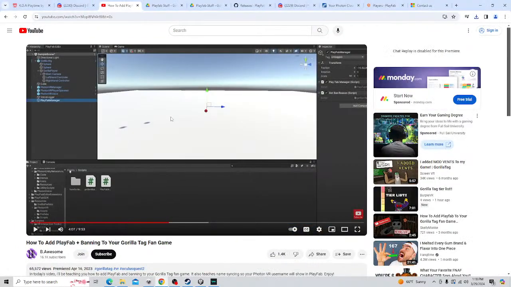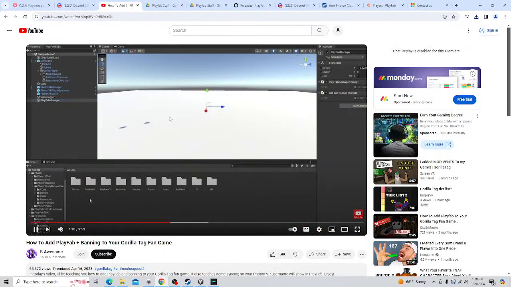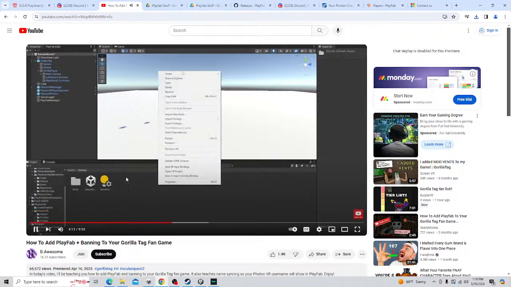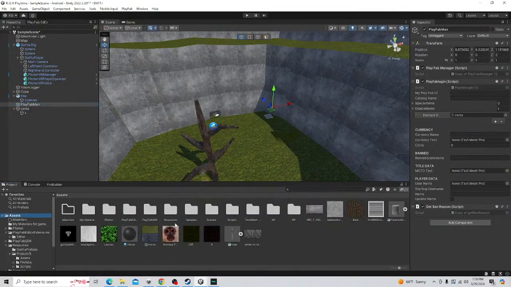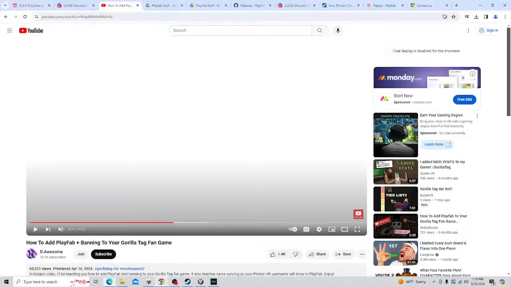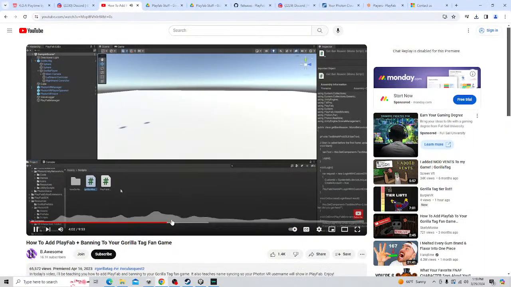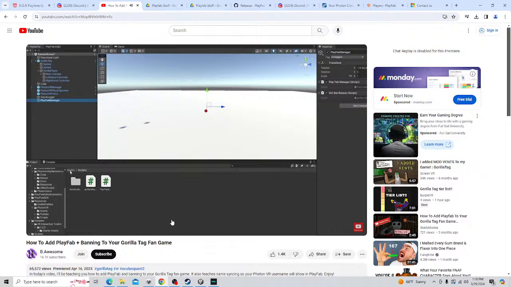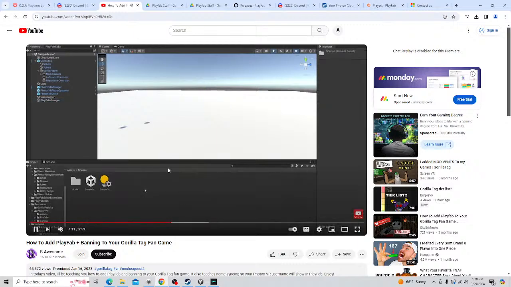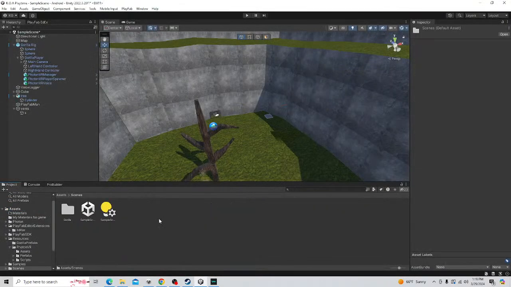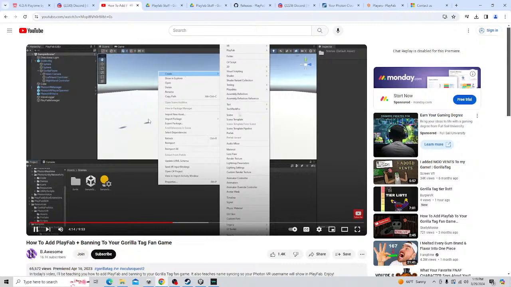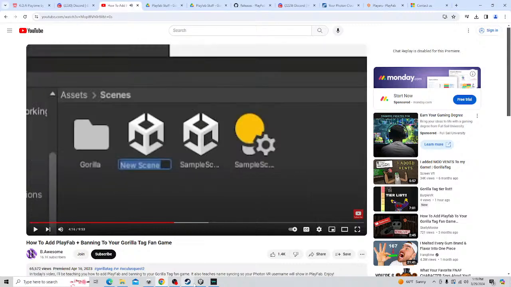Moderator event. Here on the bottom, click on assets, go to the scenes folder that you should have, right click, go to create, and go down to where it says scene and click on scene, and then